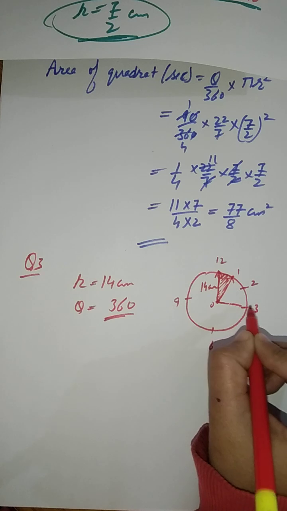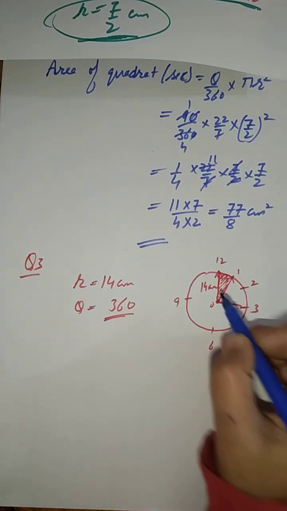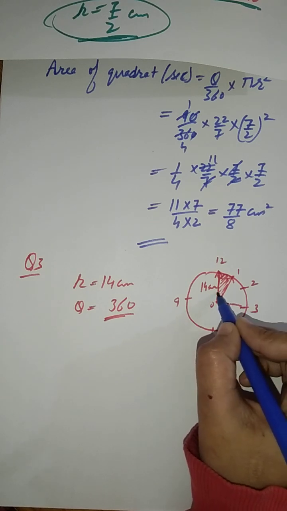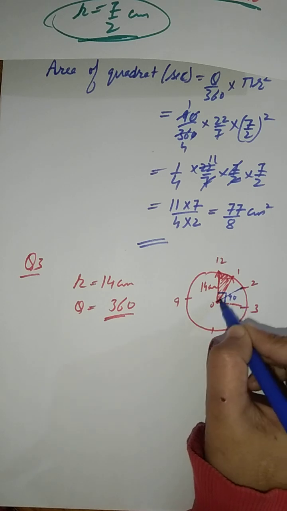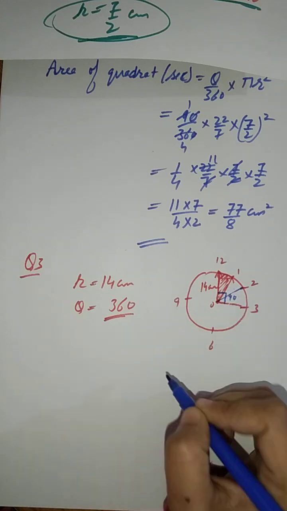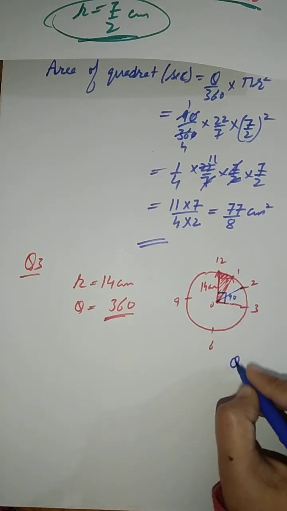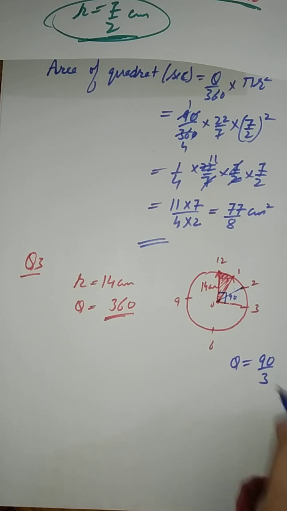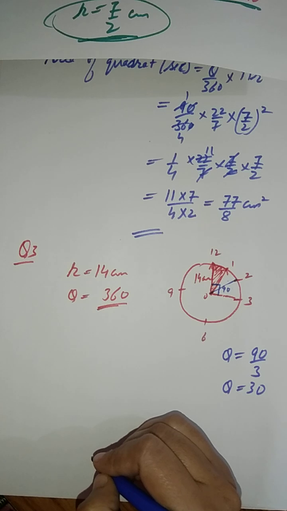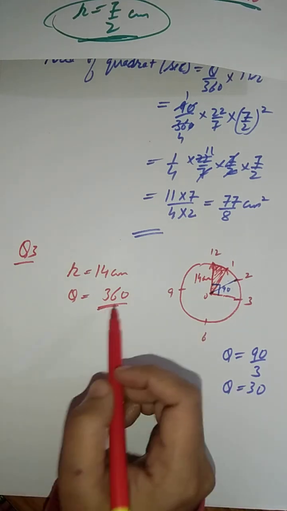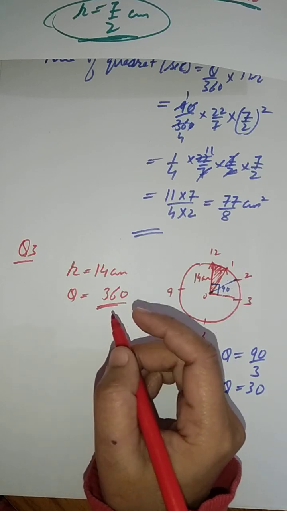Suppose this is the quadrant as we have earlier discussed, and the angle of the quadrant, we all know what it is. It is 90 degree. Okay. Now if I divide this portion into 1, 2 and 3 equal parts, what we have to do? We just have to divide 90 into 3 equal parts. So how can we divide 90 into 3 equal parts? By dividing it by 3. So here we get theta is equal to 30 degree. Okay. Now with another method, how can we find theta? First of all we calculate the theta for 1 minute.